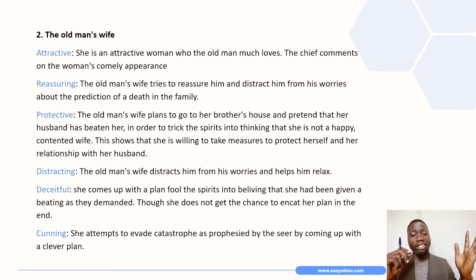She attempts to evade a catastrophe prophesied by the seer by coming up with a clever plan. But I think we shouldn't call it a clever plan because it did not work. It is only suitable to say it is a clever plan if it had worked. So on to the next